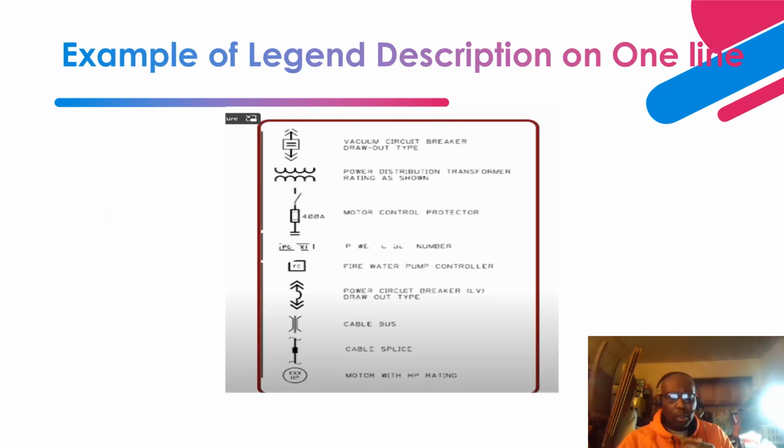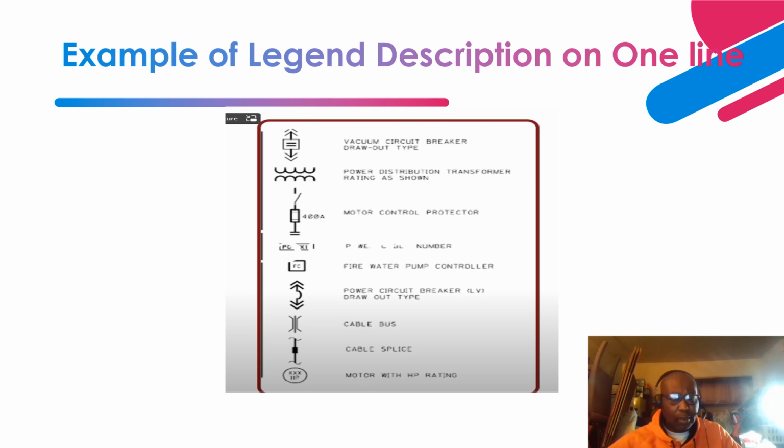Okay. So for a one-line diagram, one of the important key items that you see on a single line diagram is the legend. Basically, the legend is usually on the right-hand side of the single line diagram. It has the symbols and descriptions, the meaning of the symbols. Okay, so as you can see over here,